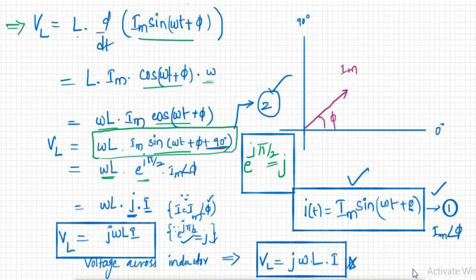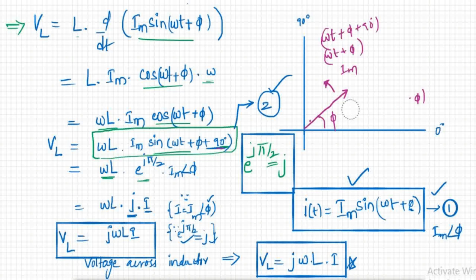So Im has a phase shift of pi, but VL has an additional 90 degrees phase shift, that is it is 90 degrees away from our Im and it is leading. Plus means it is ahead of current; ahead will be to the left of this and lagging will be to the right of this. Whenever it is omega t minus pi it is called lagging, and omega t plus is called leading. So our voltage across inductor has a plus value, so that must come to the left of this current phasor.